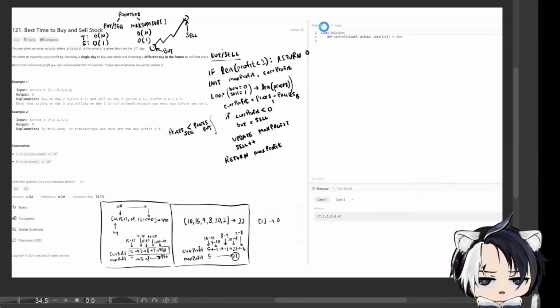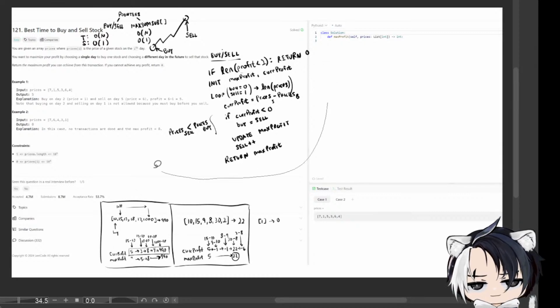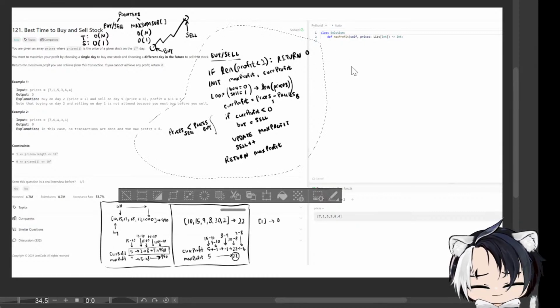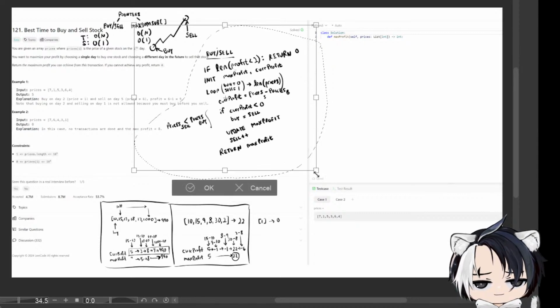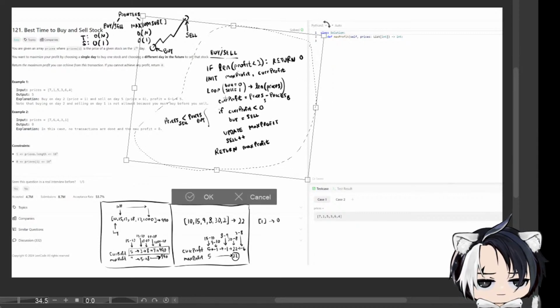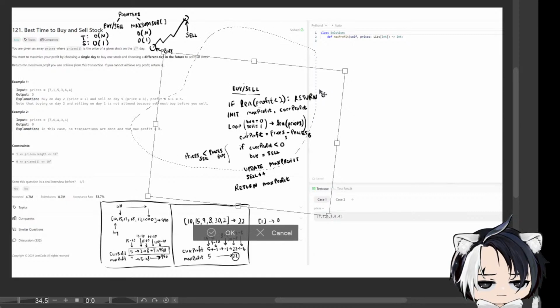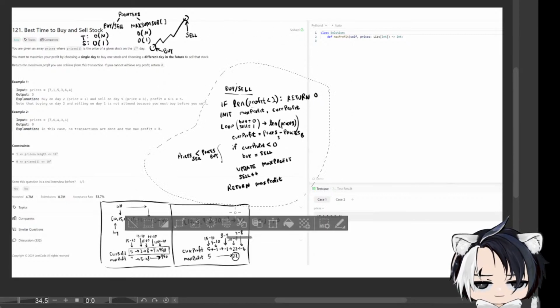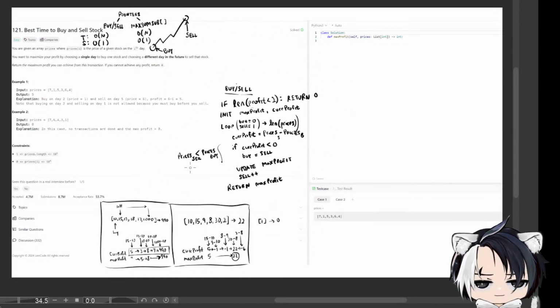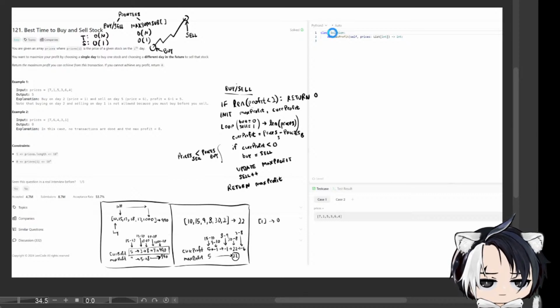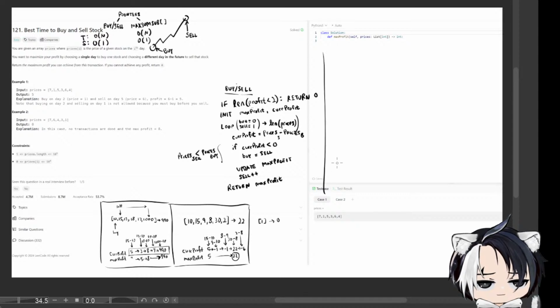Alright, perfect. So now this should work. This is our code. This is part 1. The other part, to the right of it, we shall